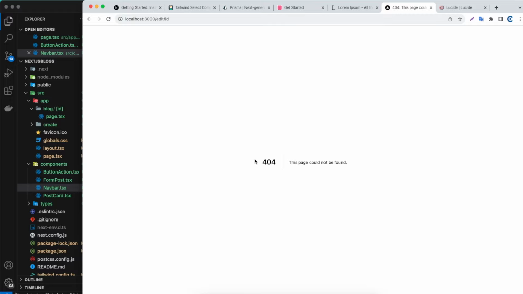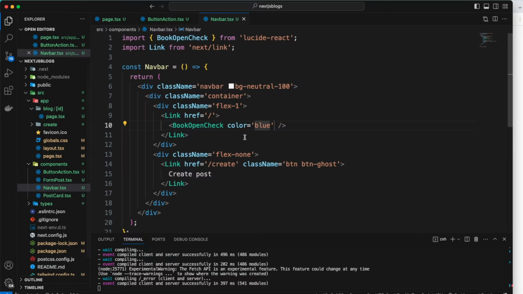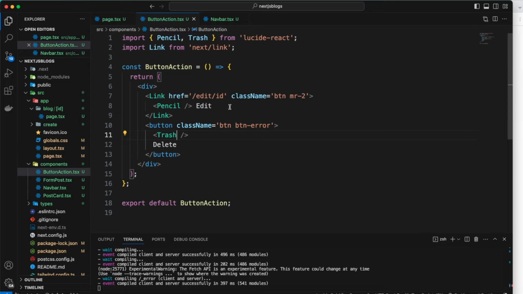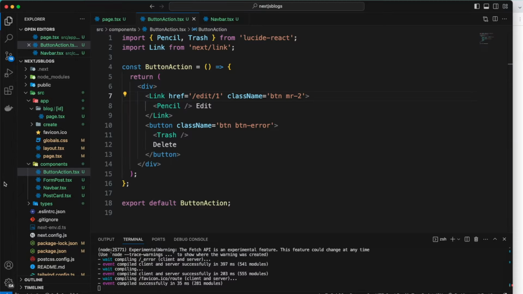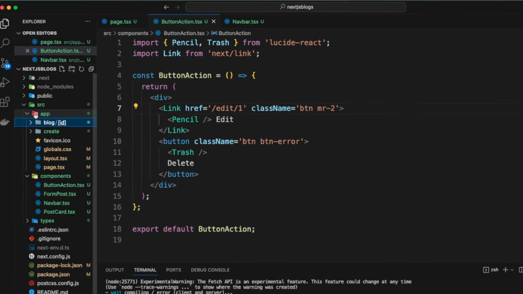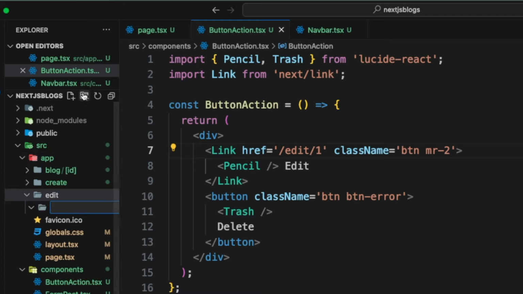When I click on that, as you can see, we have 404 because we haven't yet created the edit page. But as you can see, we go to edit/id, and there's something wrong with the button action here. This should be any ID, for example 1. When I click that, it should go to edit/1. So let's go to the app folder, and I'm going to create a folder called edit, and inside the edit I'm going to create a folder called [id], and inside the ID we are going to create a file called page.tsx,